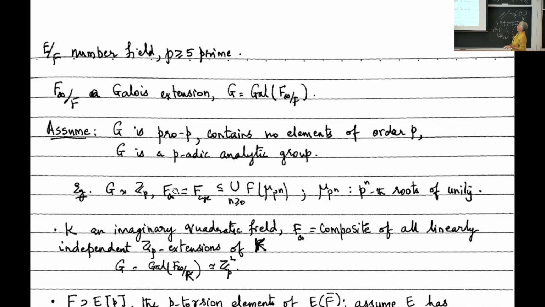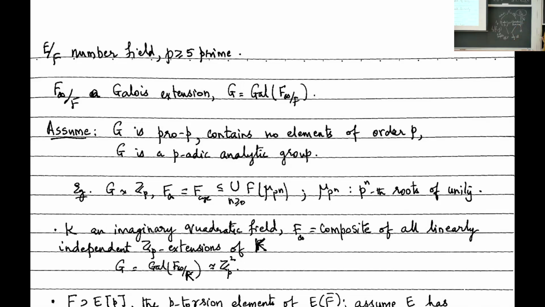So the Galois group there of F cyclotomic over F is Zp. Then another important example is this. This is roughly what I'll be talking about for a large part of my lecture today. You take an imaginary quadratic field and then take the composite of all linearly independent Zp extensions of K. So take a quadratic imaginary field. So you have Q,